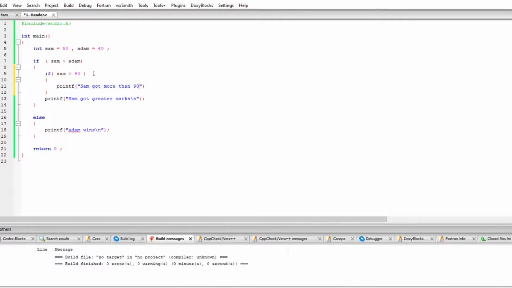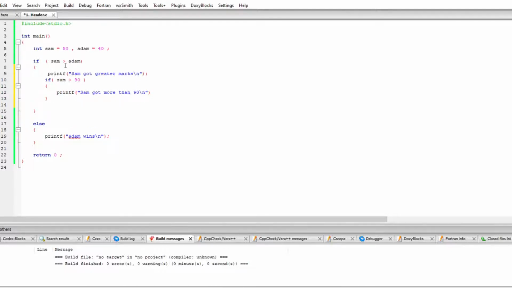Okay, \n. So basically what this is gonna read is, okay, Sam, you got 50. Sam greater than Adam, so this one is going to happen. Let's just put that on the top. Yep, printing this one, Sam got greater than Adam. Now if Sam got greater than 90, print Sam got more than 90. So this condition has to be met, and then this is going to be printed. Simple. Now else Adam got